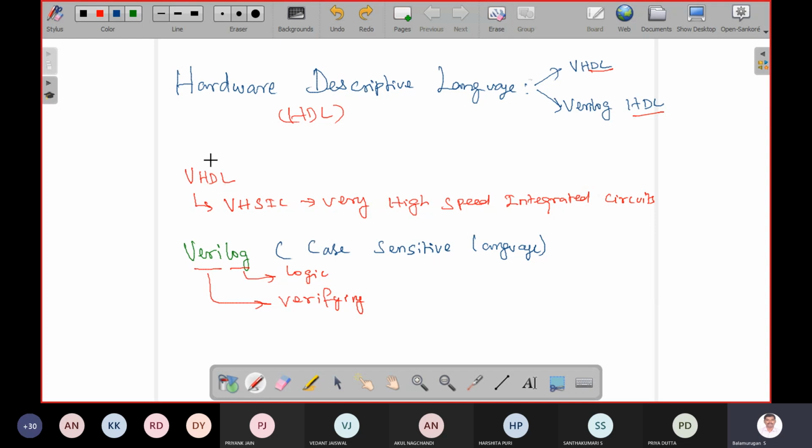So why do we need this language? You may have studied different languages starting from C, C++, Java or Python or whatever it may be. But why do we want to study this separate language? To describe our hardware.